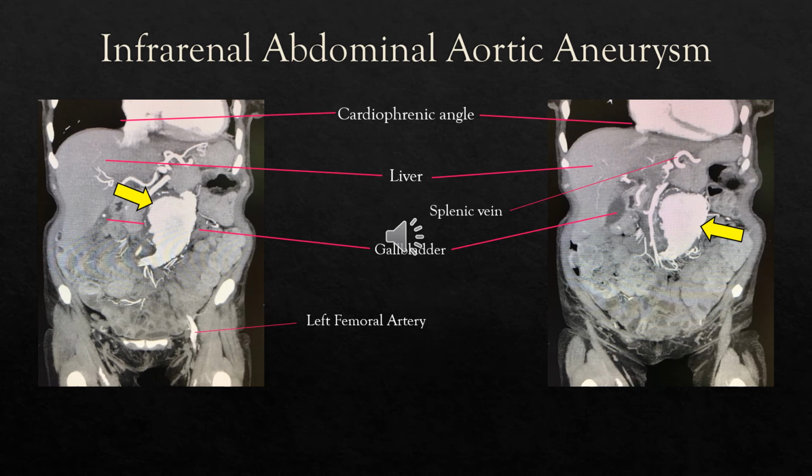Here, I wanted to show where the aneurysm is located through the modality of CT, just so it can clearly be seen up to scale, with the aorta showing on the superior and inferior portion of the aneurysm itself in the picture on the left, and in the picture on the right, it is shown in full. This aneurysm arises below the renal arteries and ends at the aortic bifurcation. The typical area for them to form is inferior to the renal arteries, which in this case is why it's called an infrarenal abdominal aortic aneurysm.